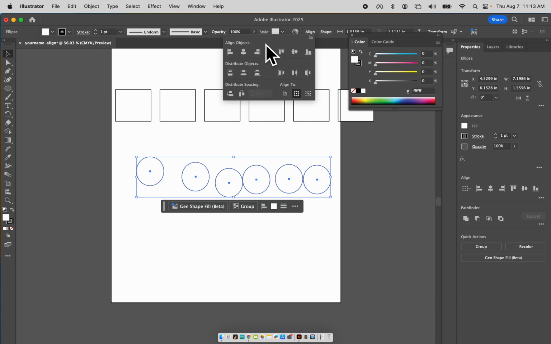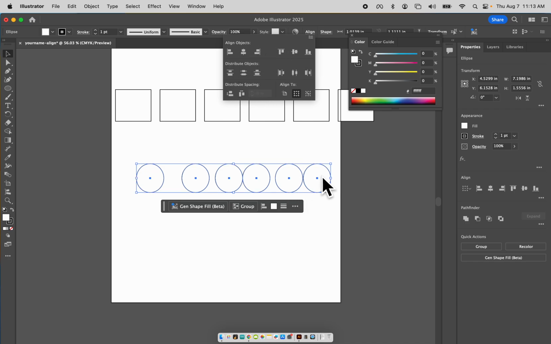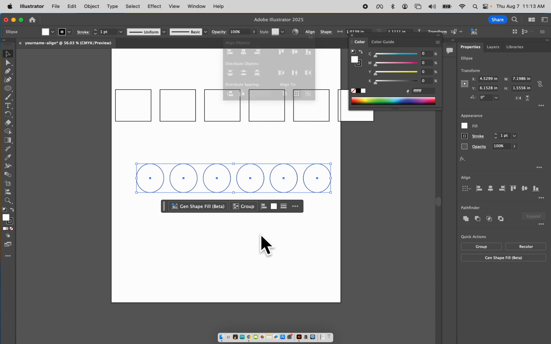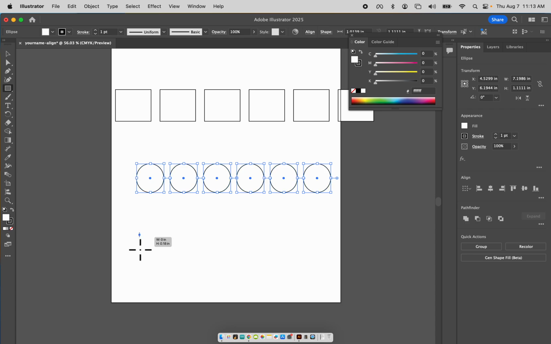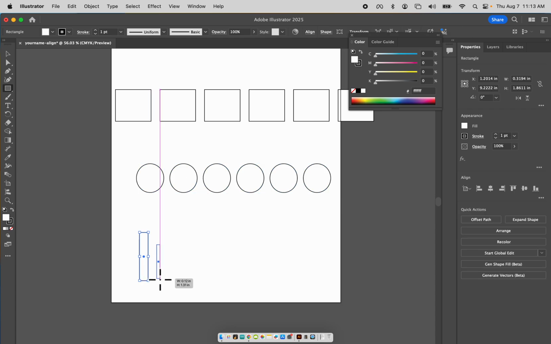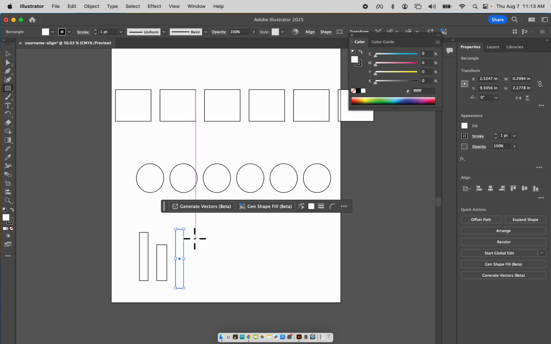So this time I can align the objects so they're all in the center. That gets that center point all next to each other. And then I can distribute them like this. I'm going to do it one more time of objects of different sizes. So if I have these different rectangles and they're all different sizes, some are taller, some are not as tall,